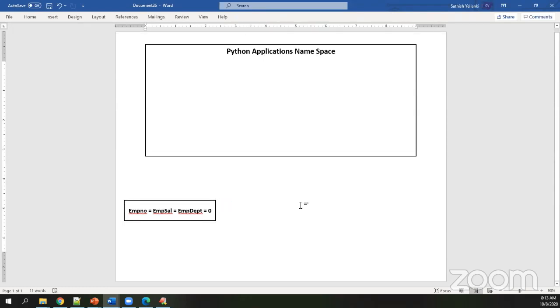Now, what exactly is happening in your corresponding state of Python, you should understand now. When you deal with Python, check very carefully.